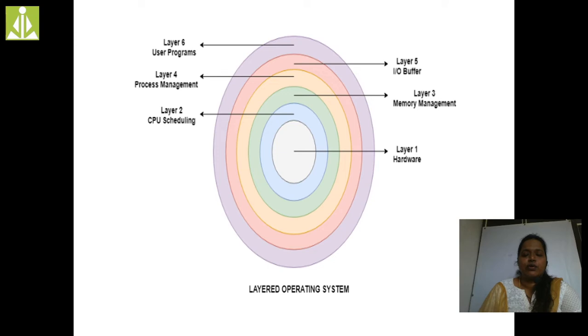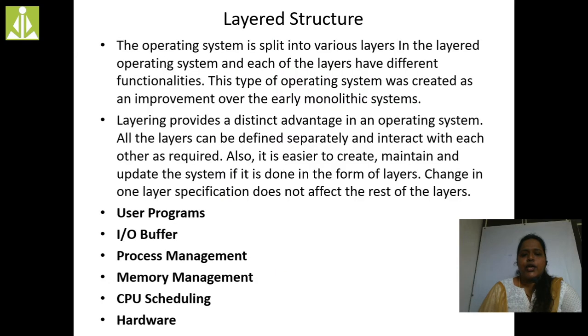When it comes to the user, user programs are nothing but the application programs. The programs that are going to be run by the user are seen in the user programs layer. So the next one is the buffer. As I have said before, the buffer is very important. Why? Because in order to perform any task with the CPU, we have to keep a buffer to have high efficiency, in the sense that we can increase the number of programs done per unit time.